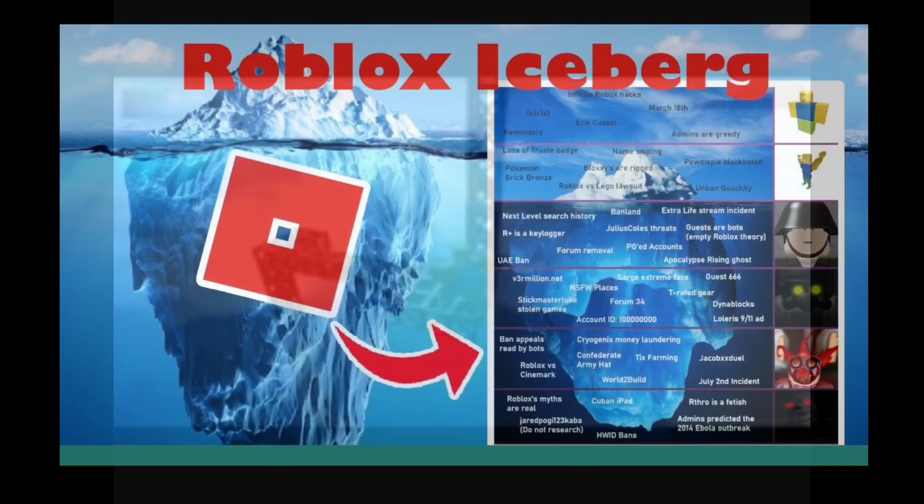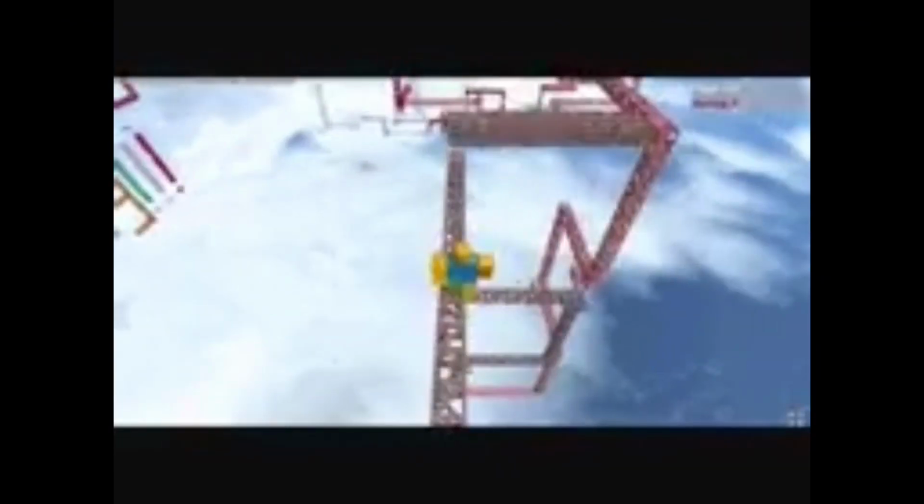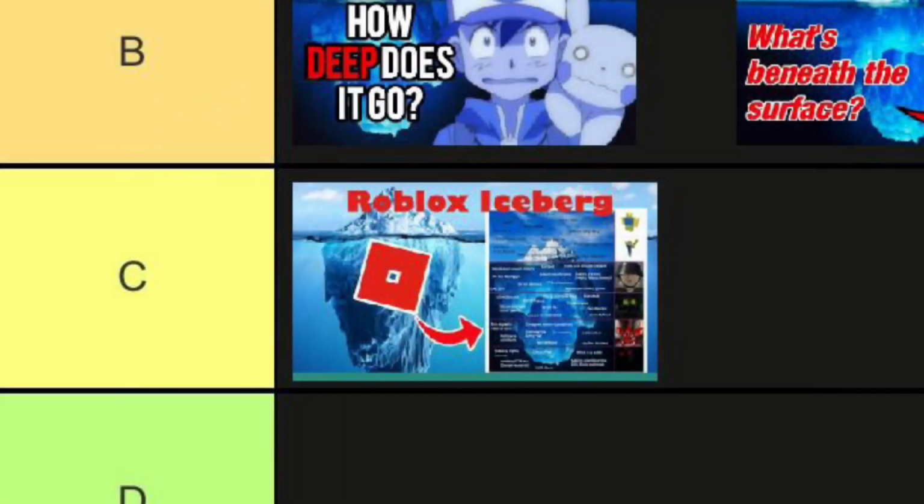The Roblox Iceberg Explained by Toasty is a video explaining an iceberg image featuring various controversies and conspiracies about Roblox. I guess that's a better way to narrow down what iceberg images mean rather than just saying they feature topics about a certain subject. I didn't really like this iceberg all that much. It was relatively short, but I still got pretty bored by it. I think I'm gonna have to put this one in C tier.